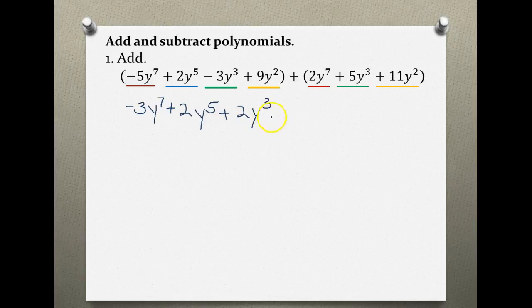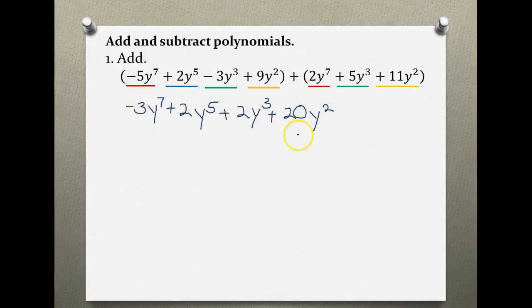Now our last term, y to the 2nd power, we do find a match, and we have y to the 2nd power in the second set of parentheses as well. So adding these two together, we get 20y